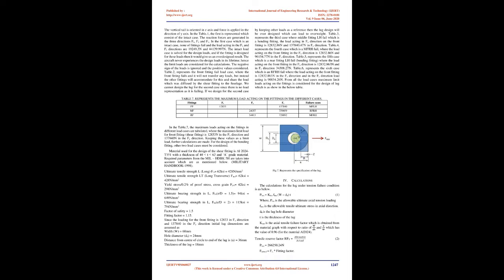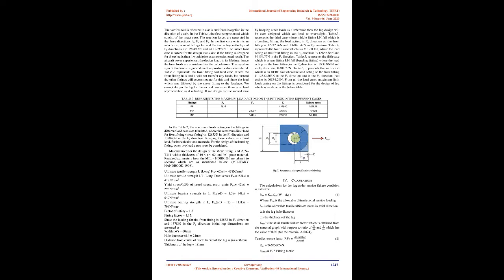Table point 5 represents the fifth case, which is a rear fitting LH fail, bending fitting, where the load acting on the front fitting in the Fx direction is 12832.863 N and in Fz direction 34308.27 N. Table point 6 represents the sixth case, which is an RFRH fail, where the load acting on the front fitting is 12832.863 N in the Fx direction and in the Fz direction load acting is